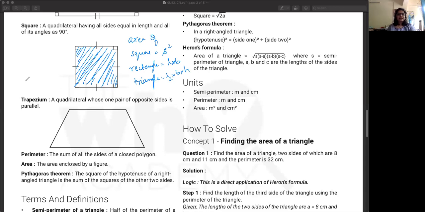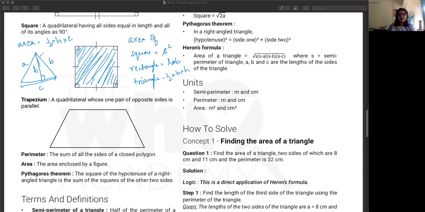Okay, I have a question for you guys. Let's say I have a triangle here. This particular height is H. So I've got sides A, B and C. C is this whole thing. So what is the area of this particular triangle? Half into C into H. Should I consider the height is H, right?